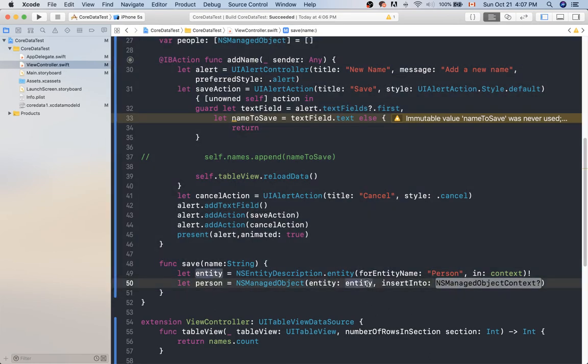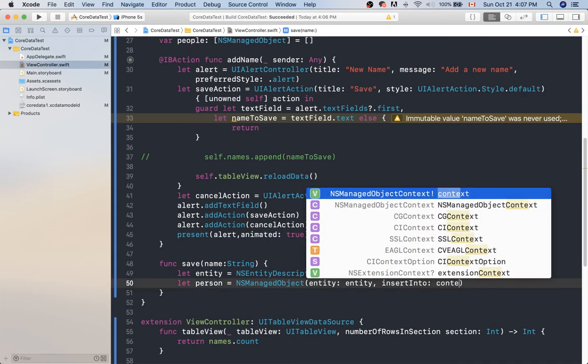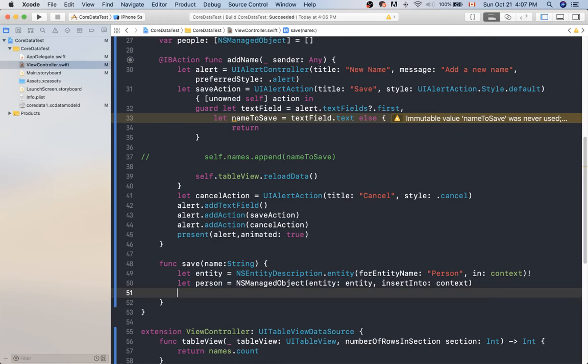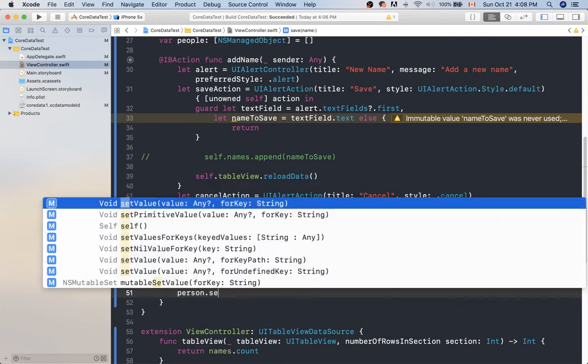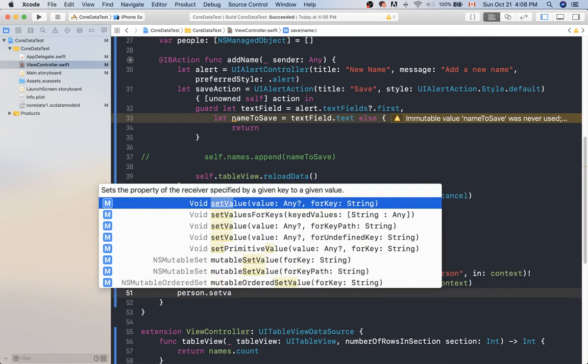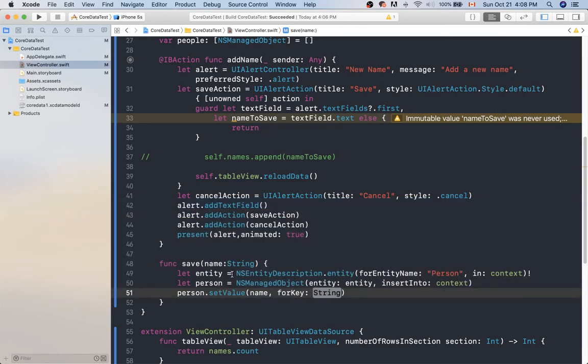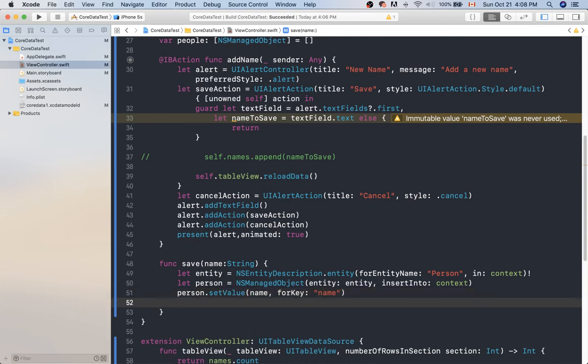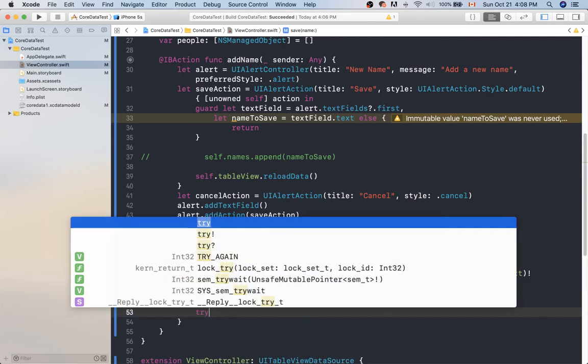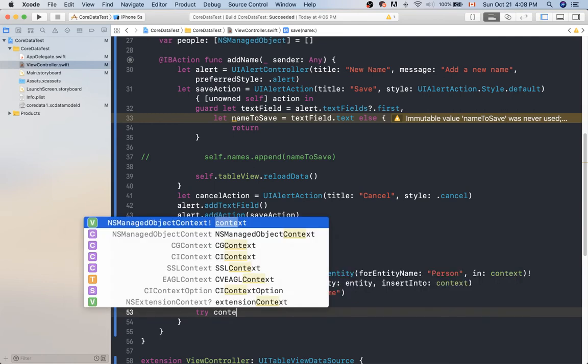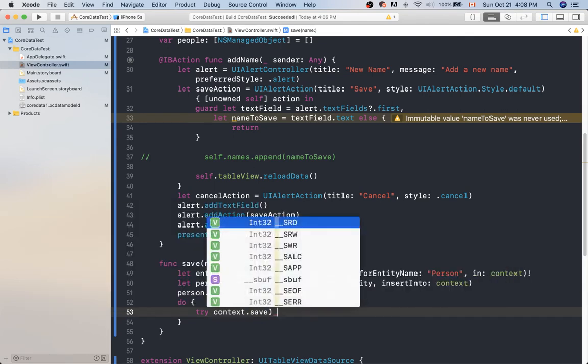So get the person from the entity and insert it into the context. Person setValue, name, because we have to save the name to the name attribute. And just do it, try context.save,